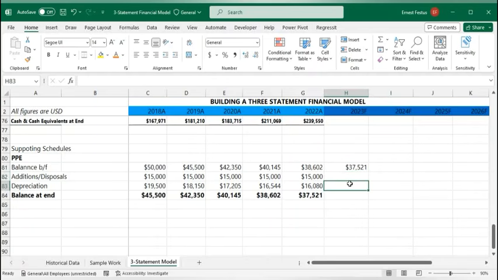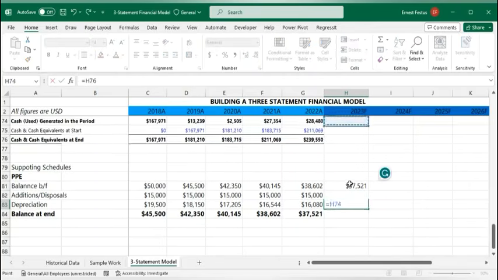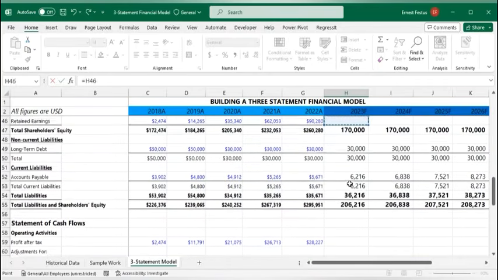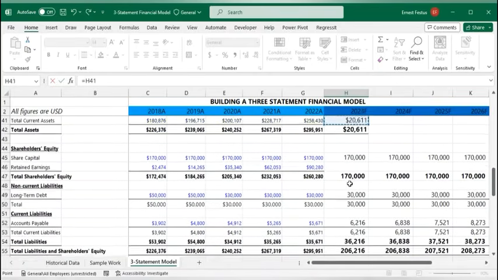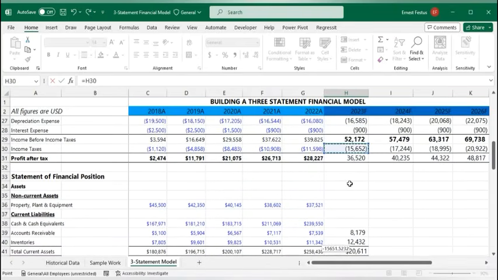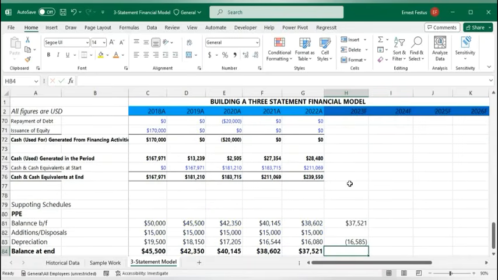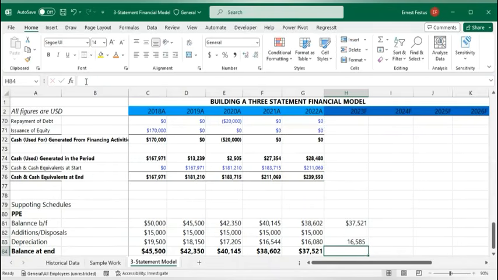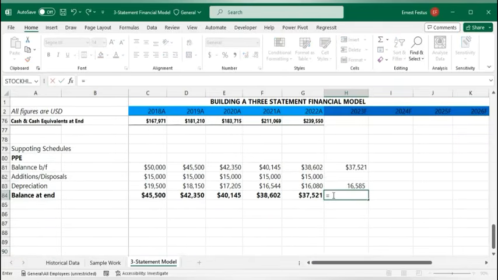And then for our depreciation, we have already calculated our depreciation, and that is going to be equal to the depreciation in our statement of profit or loss, depreciation expense, and here we have it. But I'm going to insert my negative just so it becomes a positive figure. Good. And for the closing balance, or the balance at the end of the period, it is going to